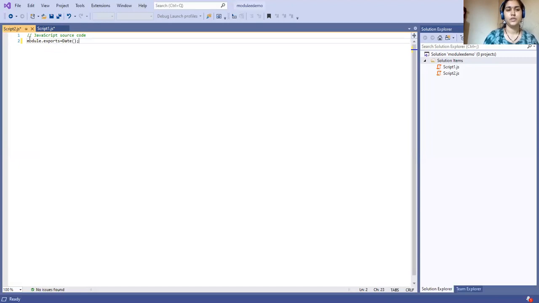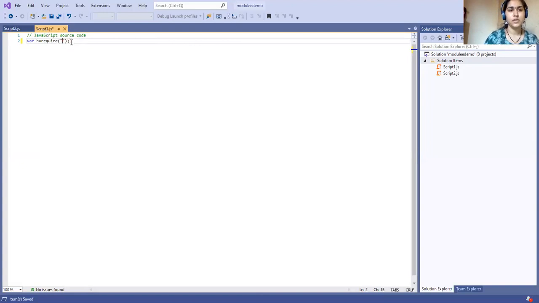Okay, now this I'm going to save, and from script1 I have to import it by using the require statement. What I'm going to export is basically one variable. Here I have written date. This should be taken into some variable, so I'm writing dot d, suppose. So module.exports.d, in this d variable I'm retrieving the date from the system, and I'm going to pass it to the other module by using the require statement.